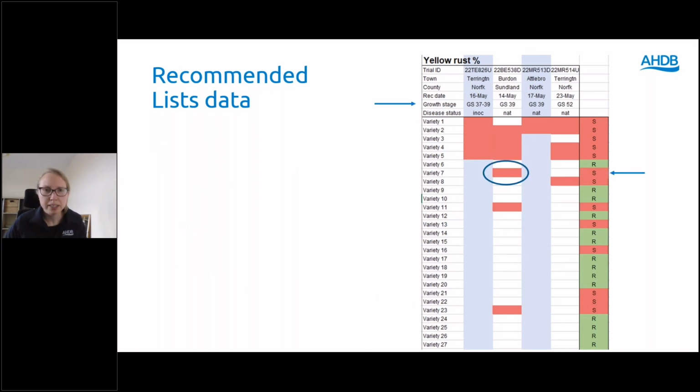So yeah, on the right here, we can see the resistant or susceptible categorisation from the UKCPVS. And you can see that all the varieties that are classed as resistant consistently had disease levels of below 5%, except for this one variety, variety 7 here. And because this variety had more than 5% disease at one site, we reclassified its seedling status as susceptible. This was just to make sure we're capturing everything that's happening in the field that might reflect infection from isolates not yet included in the UKCPVS testing. So that's how we put that table together, and we'll plan to include that next year as well.